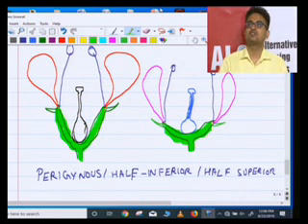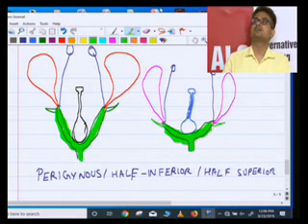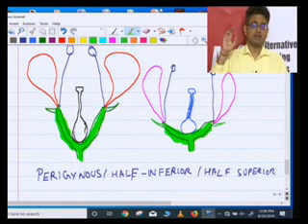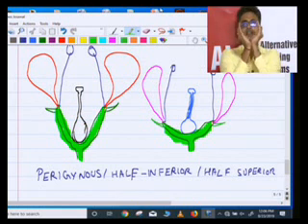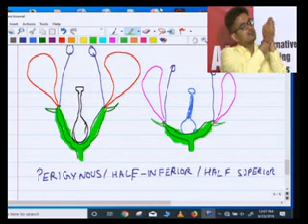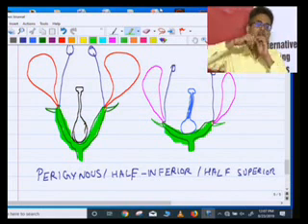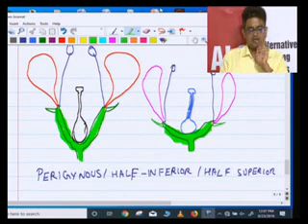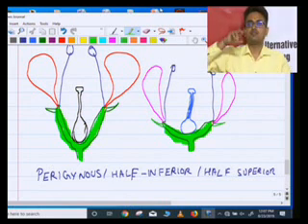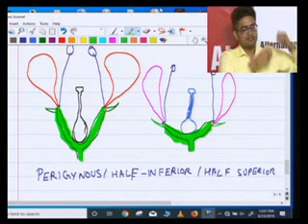Even if you do not like a guava, you will still be eating the jam made from guava. If you are eating the mixed fruit jam, you are probably eating the calcium or magnesium pectin that is obtained from guava, overripe guavas only. Anyway, in guava, the inferior ovary condition is seen. The thalamus completely covers the ovary and calyx is on the top of it, and below that is the androecium, and gynoecium is completely covered. So, if you remember eating the guava, you have seen that on the other end,